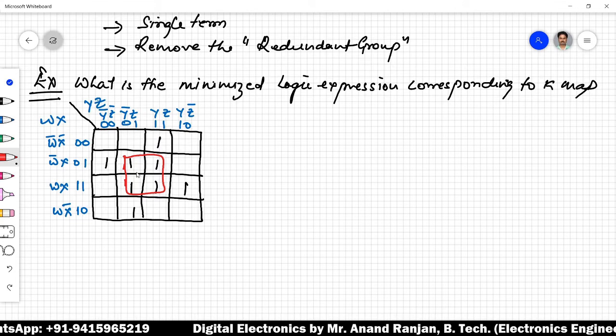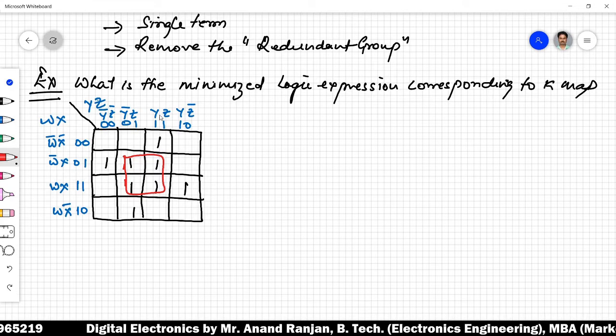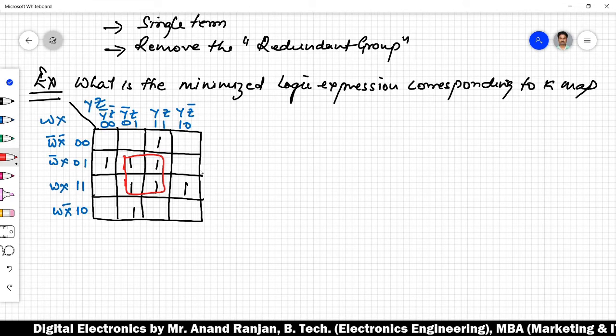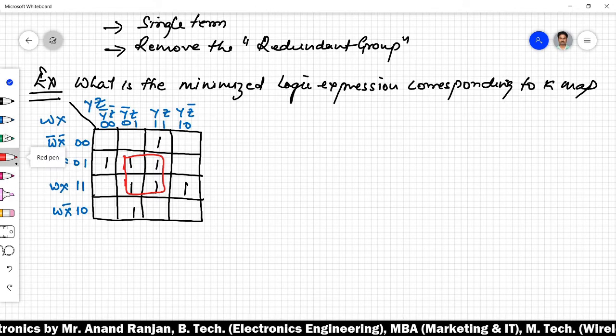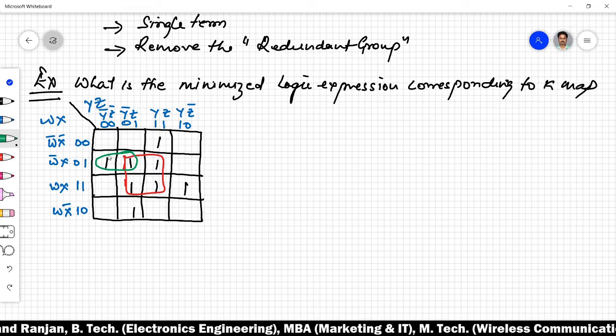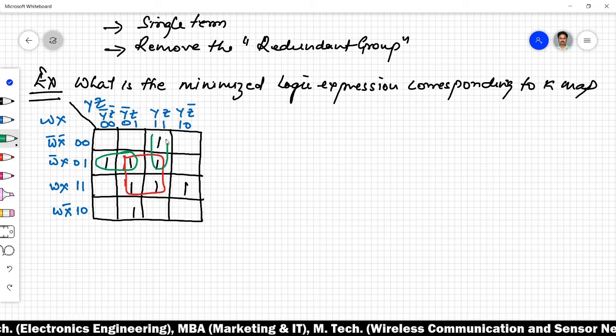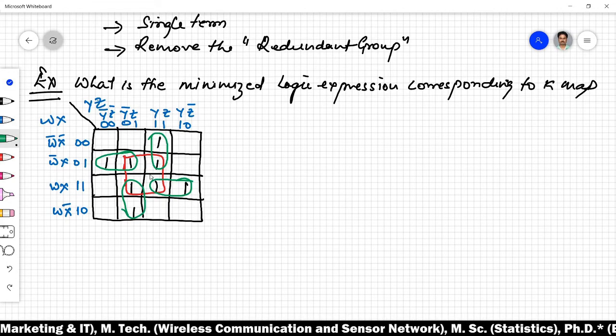But if you look further, the leftover ones are able to make a group with the adjacent cell also. If you make a group of this cell with the adjacent cell, this one with this, and this cell with this, then after making four different pairs,